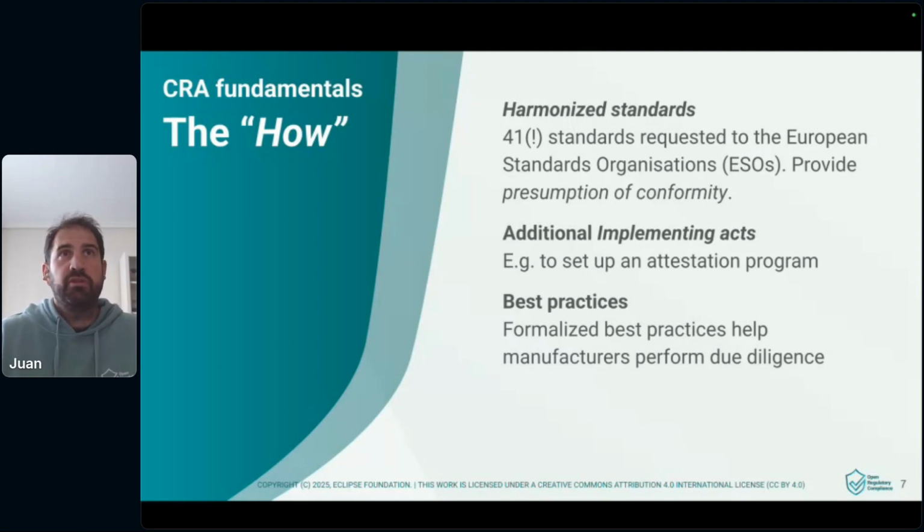There will also be additional implementing acts, which are basically not standards, but documents in which the Commission will be presenting how to comply or how to support compliance. For instance, it's expected to have something on attestation programs. And there are also best practices, basically trying to formalize best practices from the industry that can help manufacturers to